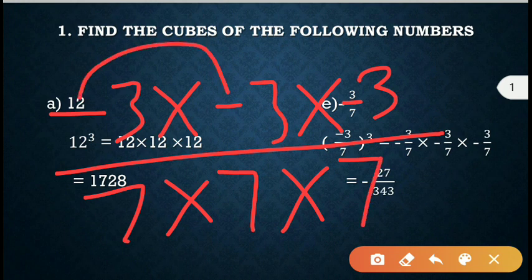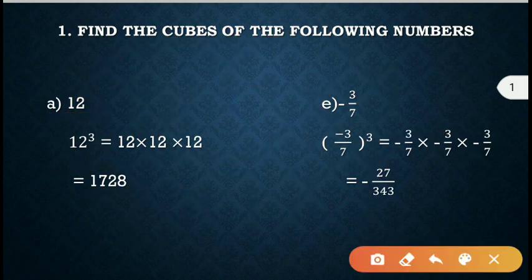Here, the multiplication of minus minus will become a plus, and plus and minus multiplied will again become a minus. When this minus minus multiplies, it gives you plus, and when that plus and minus multiply, it gives you again a minus. Means in your answer the minus sign should be there. Here minus 3 into 3 into 3 will give you 27. 7 into 7 into 7 will give you 343, which is your answer.